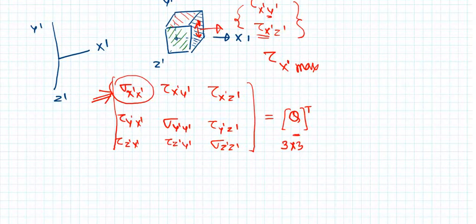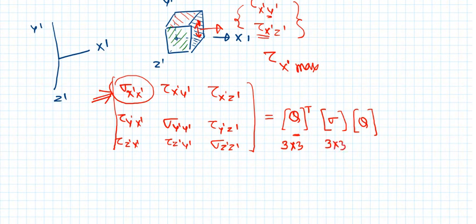Then it has to be multiplied by this, like that. If you multiply it by these 3 by 3 matrices, of course you should know what the direction cosines will be. Once you know, then you can compute what the stresses will be in the different coordinate system, not only for the normal but also for the shear stress with respect to the directions, not the maximum one.